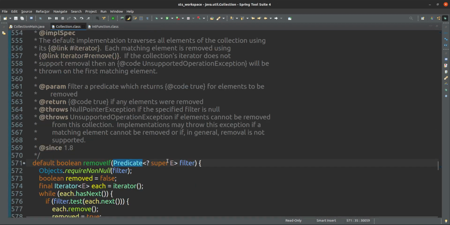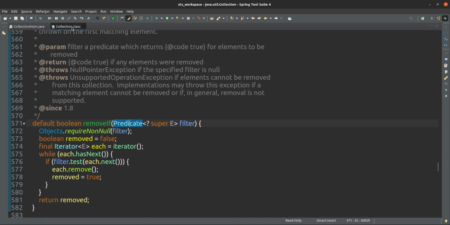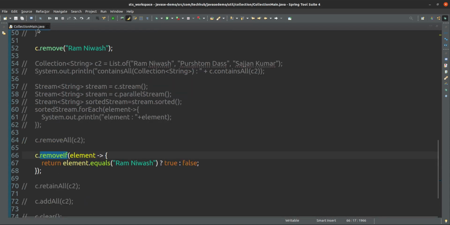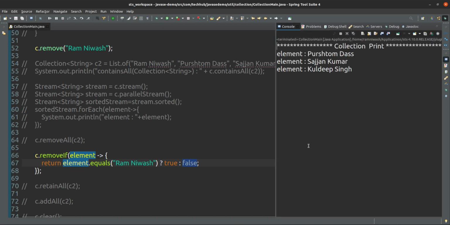So here in this predicate, the implementation we have given: if the element name is Ram Nivas, then return true, otherwise return false. So only Ram Nivas will be removed from these elements.